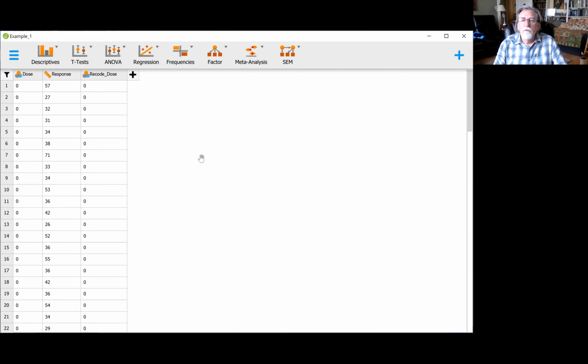Okay. So we would have a file that looked like this. Now, I'm going to try to expand it out a little bit, or actually we need to run something first. So in line with the example that's on the website, the PDF example of how to run this, I'm going to run a descriptive